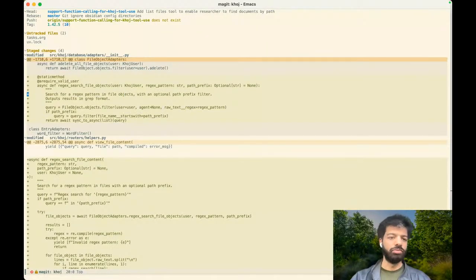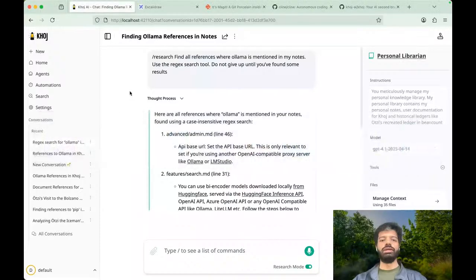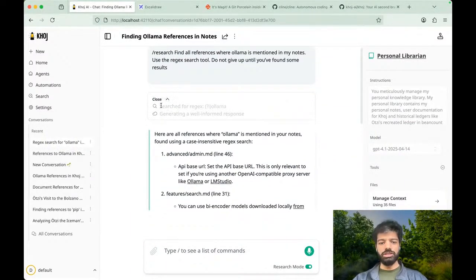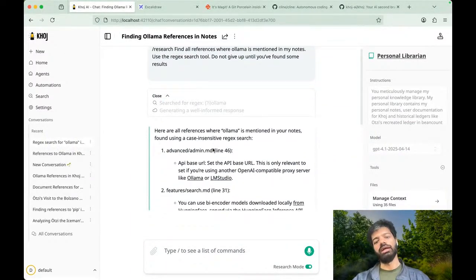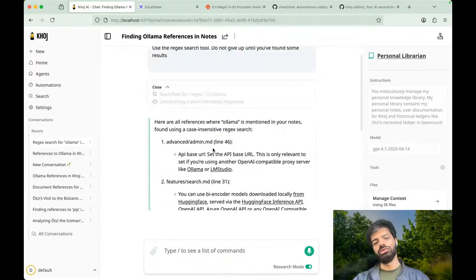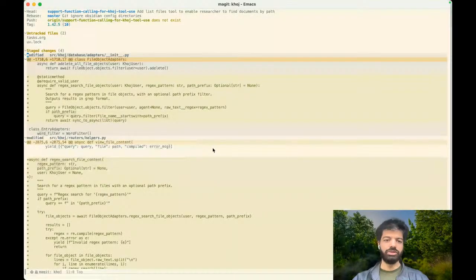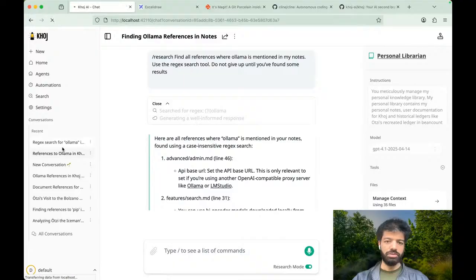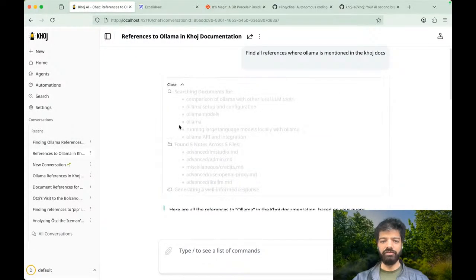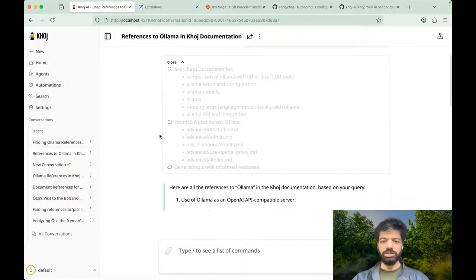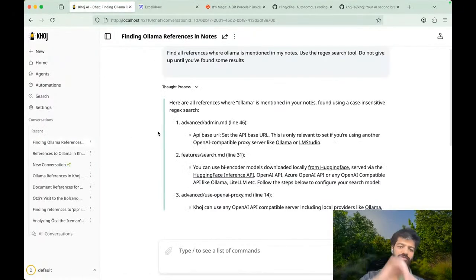We used Cline, with a little bit of debugging and cleanup, to search using the regex tool and find answers through your documents. We also have the other example, the previous run where it used the list file and the view file tools to go through a few of the files.